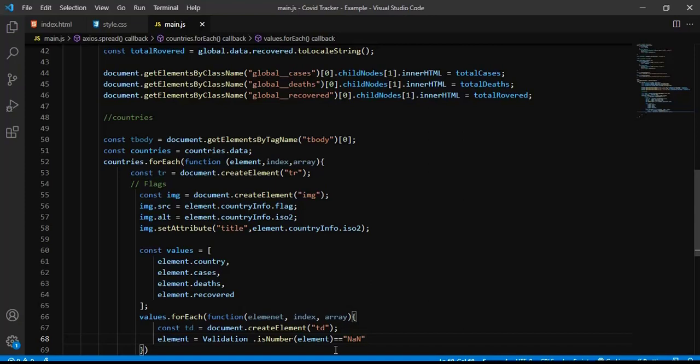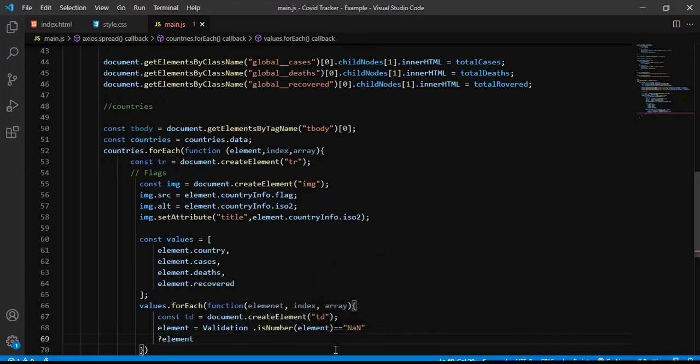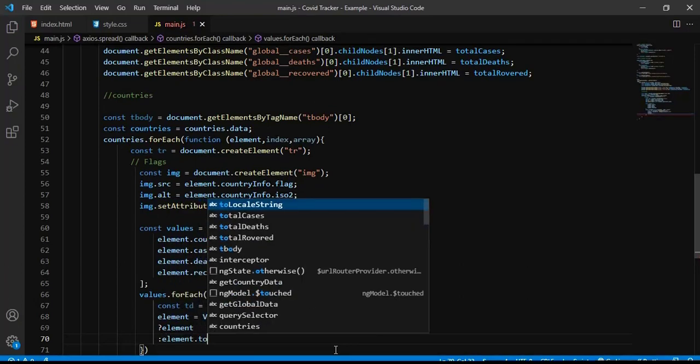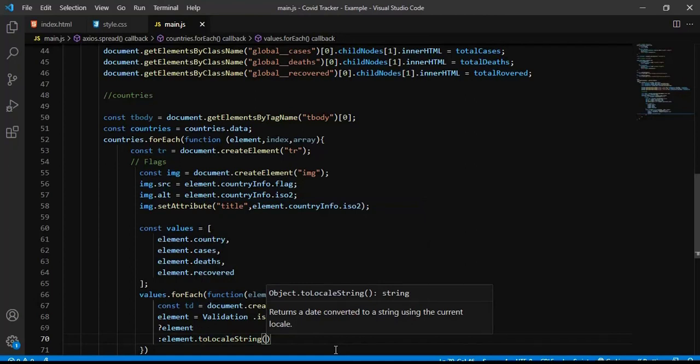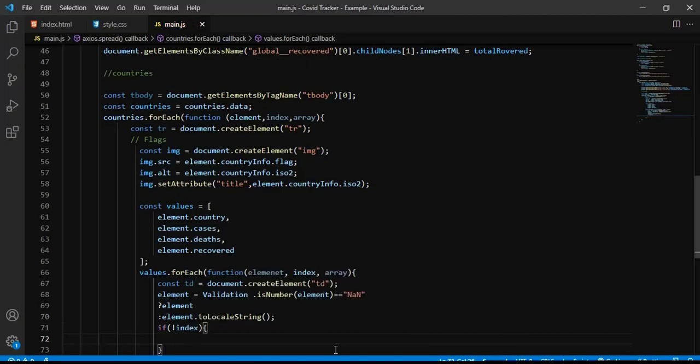If you want to use the conditional operator, I'm sure that you know the syntax. I'm going to use a question mark, element, then a colon, element.toLocaleString method to convert the data object into a string, and then I'm going to use the if condition. That if condition is going to check whether it is not equal to index, then I'm going to say